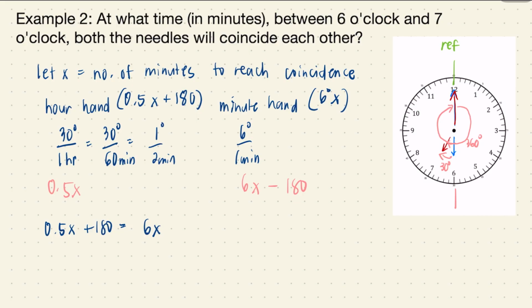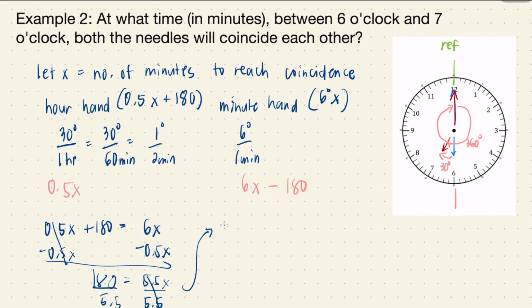Combining like terms, we can subtract 0.5x on both sides. You'll get 180 is equal to 5.5x. Divide both sides by 5.5. You'll get x is equal to